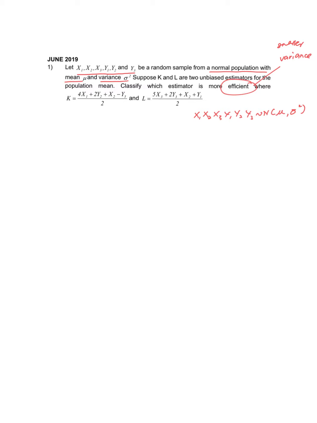Okay, so kita cari variance of K dahulu. VK sama dengan V dalam kurungan 4x1 plus 2y2 plus x2 minus y3 over 2. Okay, so saya keluarkan constant 1/2, dia akan jadi 1/4, and then dia akan jadi V 4x1 plus 2y2 plus x2 minus y3. Okay, kita kembangkan lagi